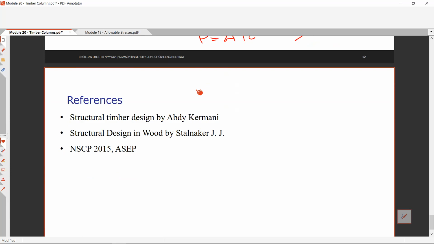Next meeting natin is we will discuss the timber notching or yung paano ba dinudugtong yung timbers, yung pag-notch na tawag nila. Okay, then also last natin is yung nails and bolted connections. Okay, so stop sharing and